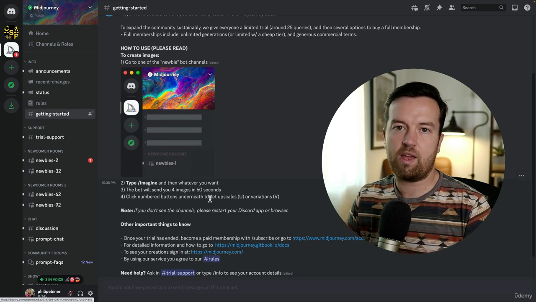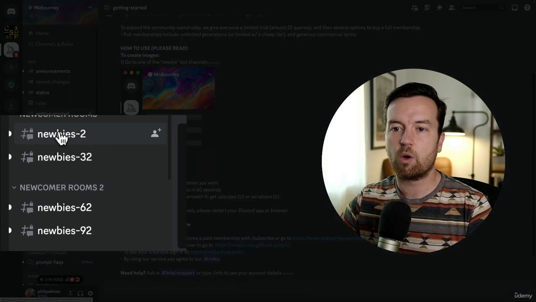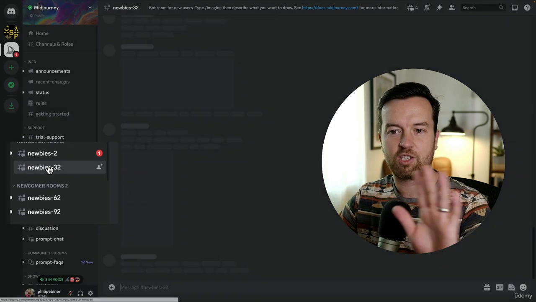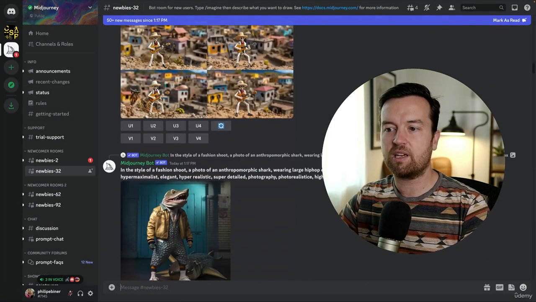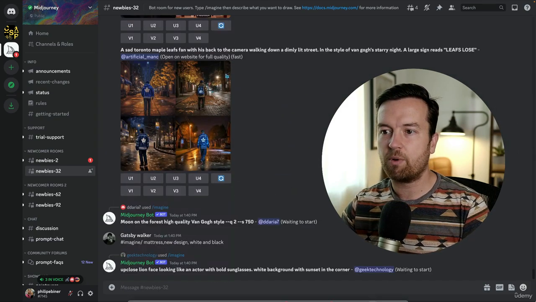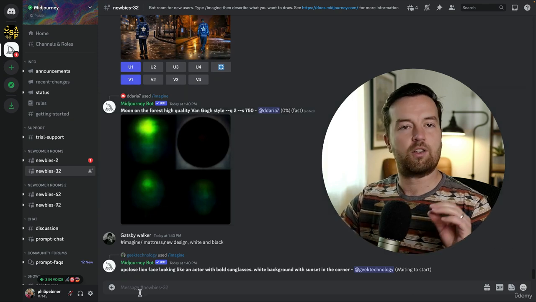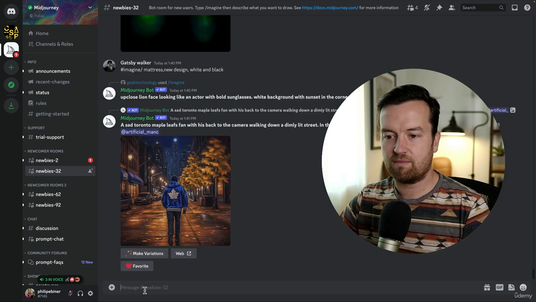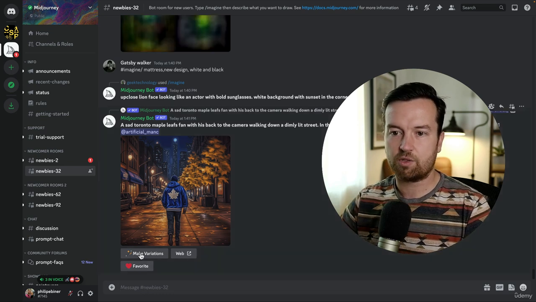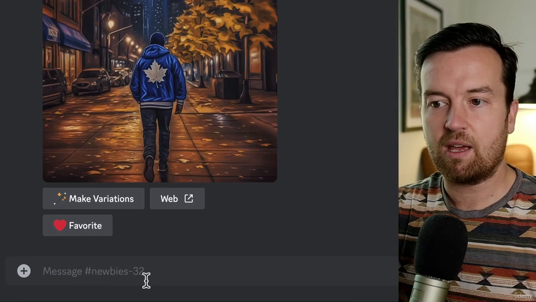To actually create an image, it's a little bit confusing, but basically what you need to do is go to any of these newbies channels. Don't worry about it. Just go to the newbies channel and you'll see a stream of comments and images that other people are actually creating in real time. To create an image, you have to follow this specific process. Go to the chat box or the messages in the bottom of any of these newbies channels, type in